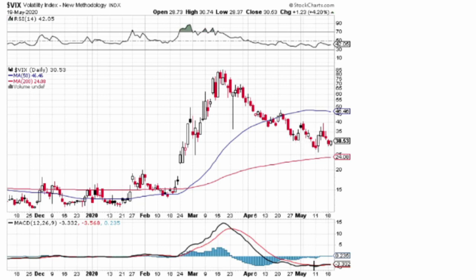You go down here to the MACD, and you can see that the MACD is also setting a base here with the fast line actually moving over the slow line. Now, it's getting near that zero line, which may indicate some volatility. Now you look up here at the RSI as well. The RSI is trundling along the bottom here, but this last move here is slightly higher than this downward move at this point. So it may or may not turn out to be anything, but it's something you really want to pay attention to. Now, this is slightly divergent from the VVIX, so let's go take a look at that